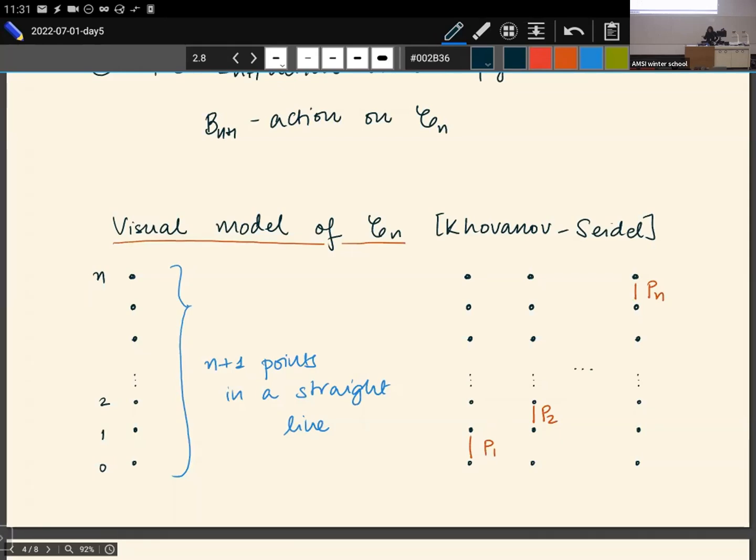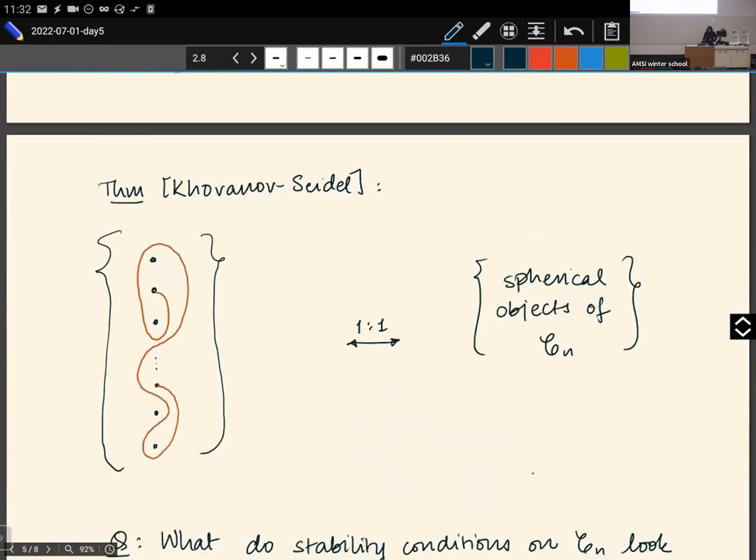And I told you that there's a braid group action on my category. And you also know that there's a braid group action on configurations and arcs in configurations. So you might wonder and probably conjecture correctly that the braid group action moves things equivariantly. So you can choose to act by the braid group either as the fundamental group of configuration space, or on the other hand, you could choose to act on objects in the category by the braid group, by whatever braid group action I haven't told you. And you should expect a correspondence. In fact, this is the theorem. Okay, so this is the theorem of